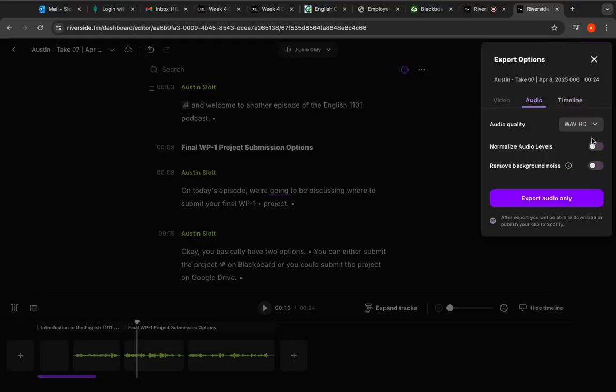A quick note about these, right? It could be WAV or MP3, either one should work. Normalizing audio levels might mess with your adjustment of the music volume, so I wouldn't mess around with this one. Feel free to click the remove background noise, but just to emphasize once again,